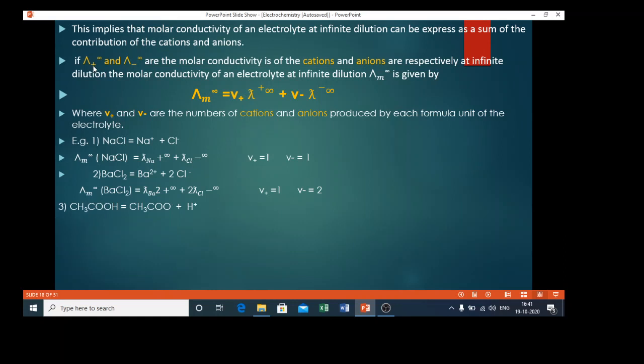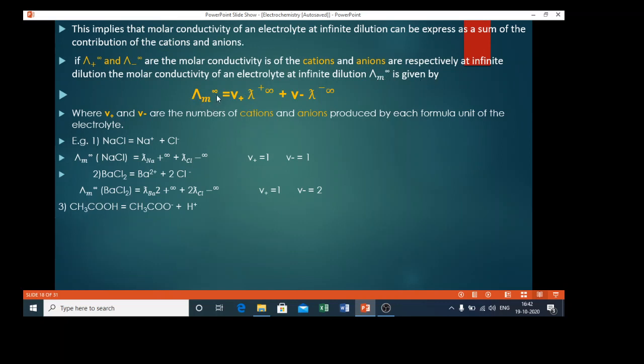If lambda plus infinity and lambda minus infinity are the molar conductivities of the cations and anions respectively at infinite dilution, the molar conductivity of the electrolyte at infinite dilution, lambda m infinity, is given by: